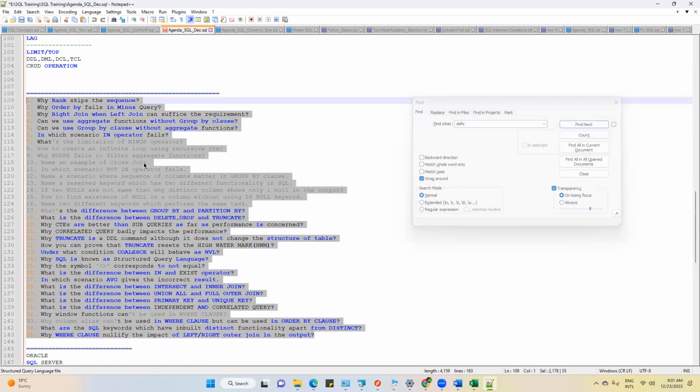Apart from this, if you're talking about SQL queries, my recommendation, and it is up to you how you plan it: first of all, complete my assignment questions. Work on the assignment questions. Do them again and again. Do research on that. If I have given a question, change the value there. What will happen if I change this? I have solved this question using aggregate. Can I solve this using a window function? Can I solve this using joins? Try to solve the same question in multiple ways. Once you are done with that,